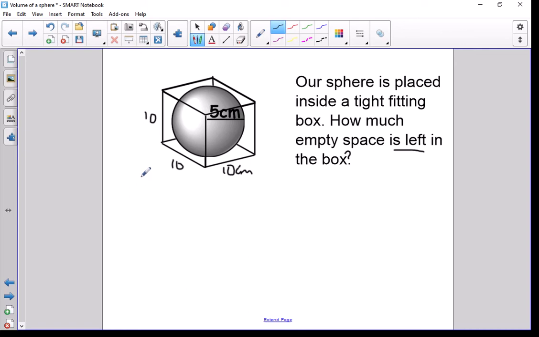So let's just begin with what's going on here. Our box has got to be 10 by 10 by 10 on the inside, otherwise it would not be tight fitting. You've got to remember that this sphere is 10 centimeters across. So the volume of the box is equal to 1,000 centimeters cubed. Our sphere, same as before,